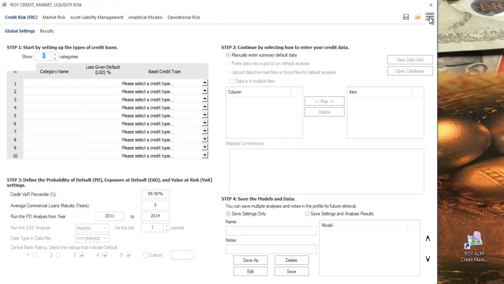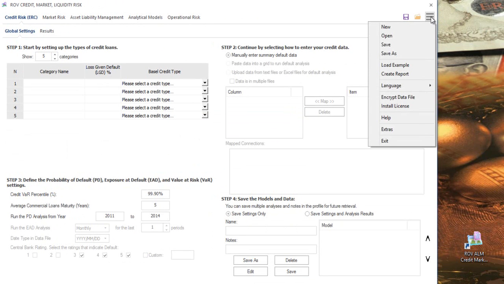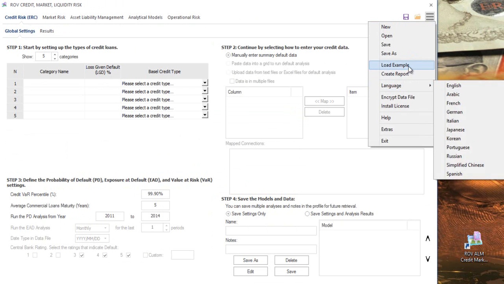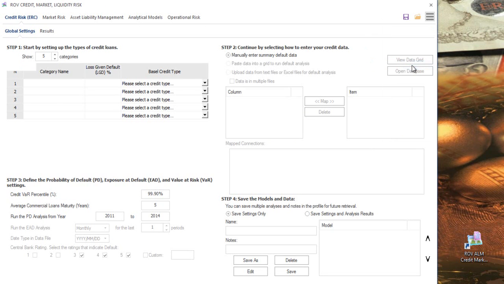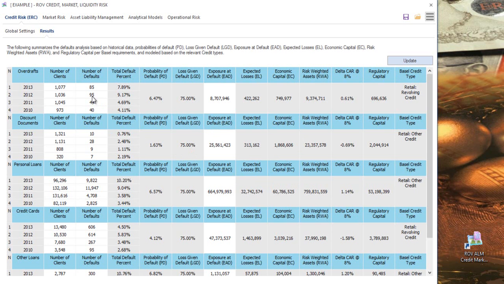To get started, the best way is to click on the menu item and also go to Load Examples. When you click on Load Examples, what happens is a default set of examples will be loaded, which includes the inputs, settings, and also a sample set of results. So after I click on Load Example, now you can actually see that the numbers and the dials and so forth have been loaded. I can click on, for instance, results, and you see the sample set of results for